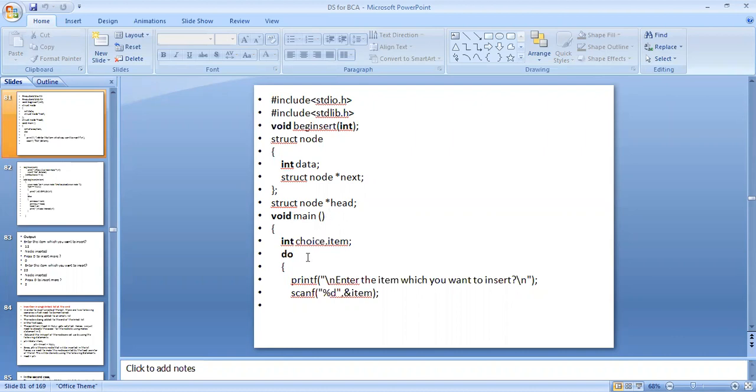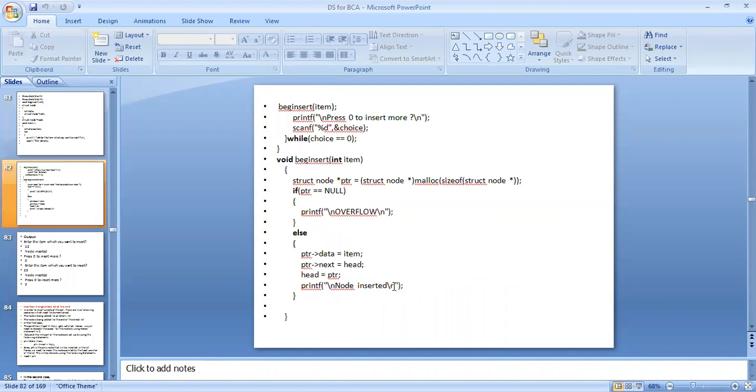Void main, integer choice, comma, item, then a do loop. printf backslash n, enter the item which you want to insert here. scanf %d ampersand item. Then begininsert item.